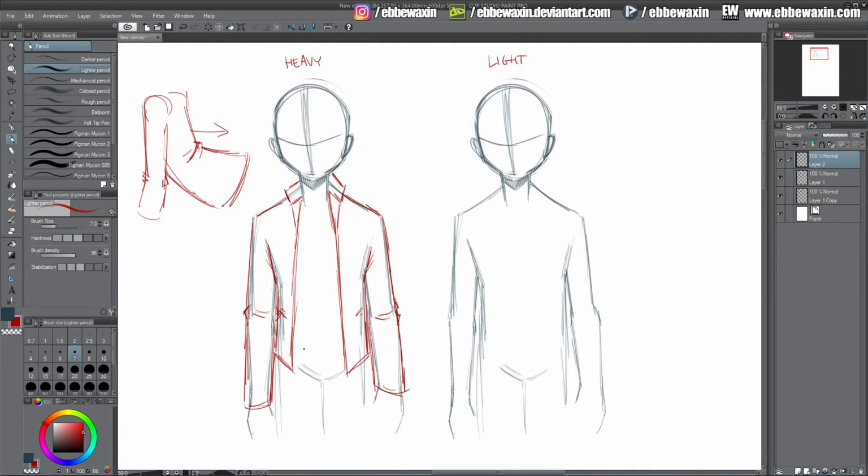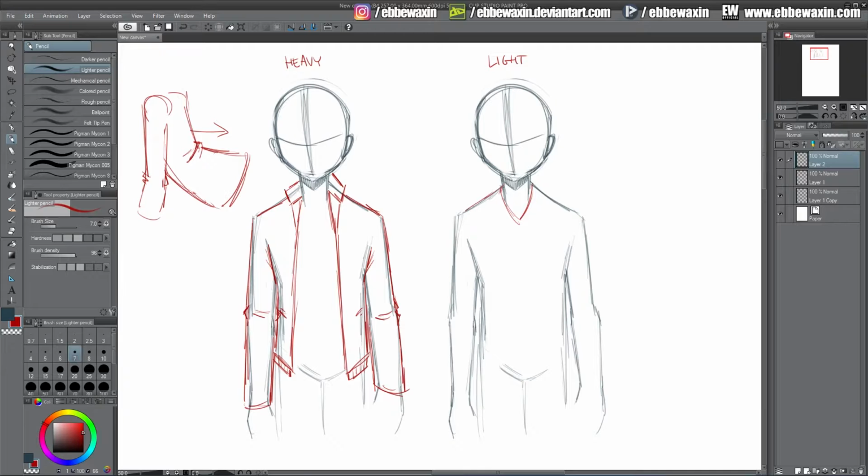Okay, so try to remember that heavy material usually only bends at certain points, usually where you bend the body. But as usual, this is my way of doing it and my way of thinking. It doesn't have to be like that, but this is what I usually think about when doing more heavy stuff. And for instance, let's go and do a